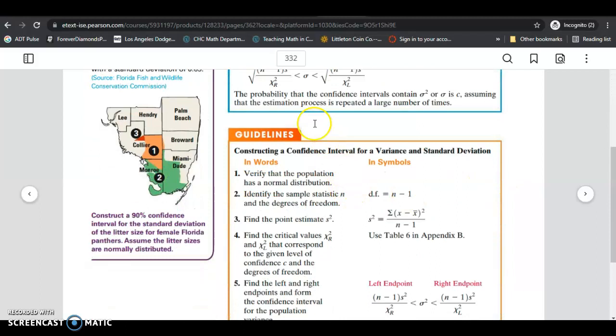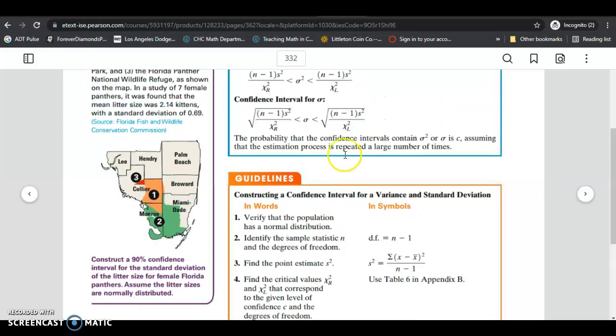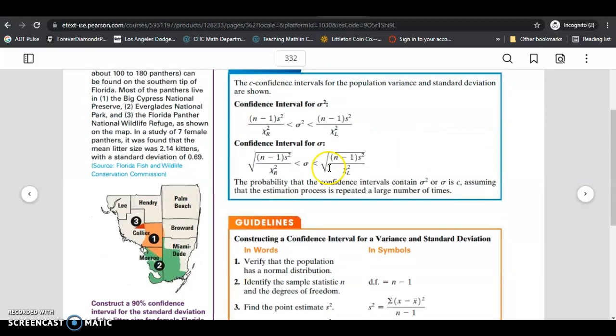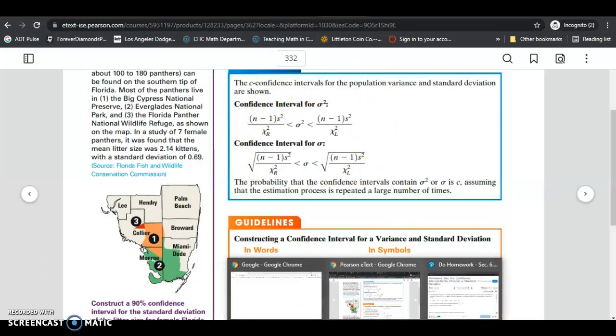On the guidelines given on page 332, you have to verify that you have a population that has a normal distribution. That's the first thing. The method that we use to produce the confidence intervals in this section relies heavily on that assumption. You're dealing with data that are normally distributed and a population that is normally distributed. If not, then the methods in this section won't give accurate confidence intervals. But in any case, we're mostly going to assume